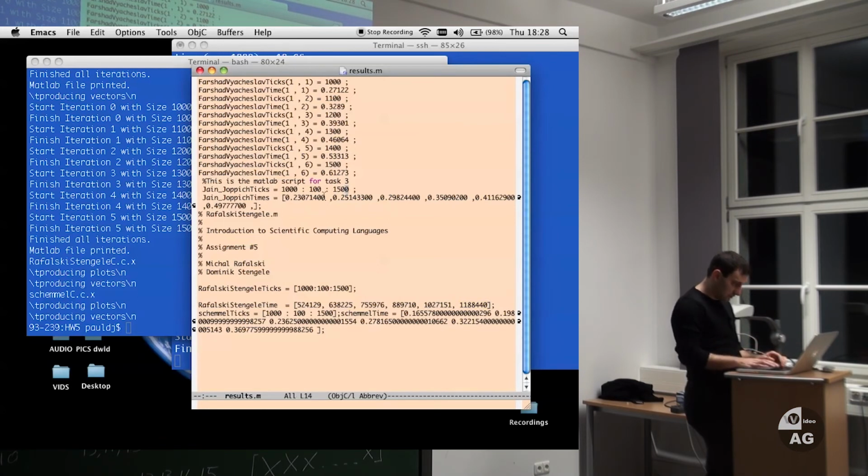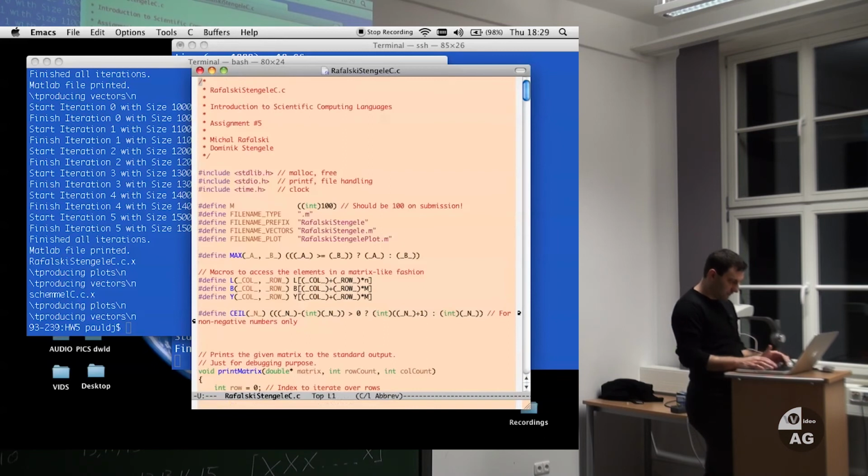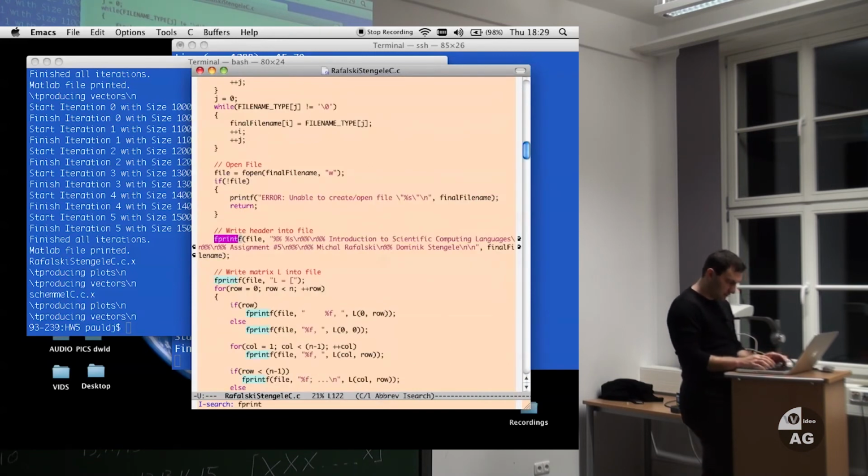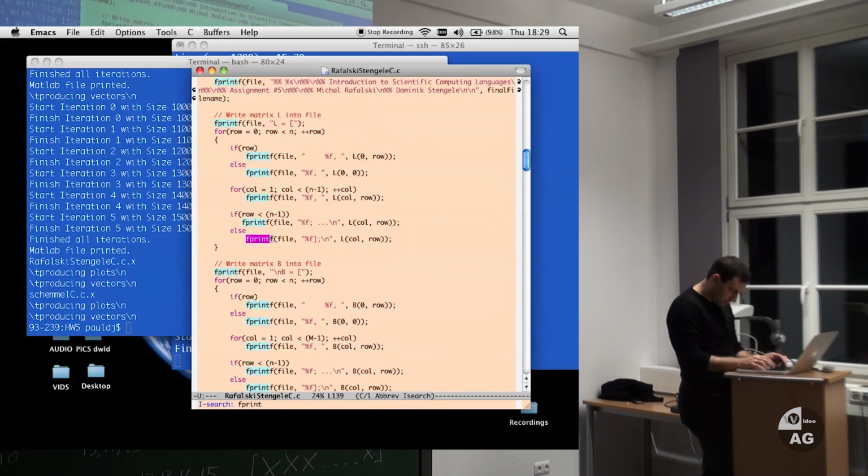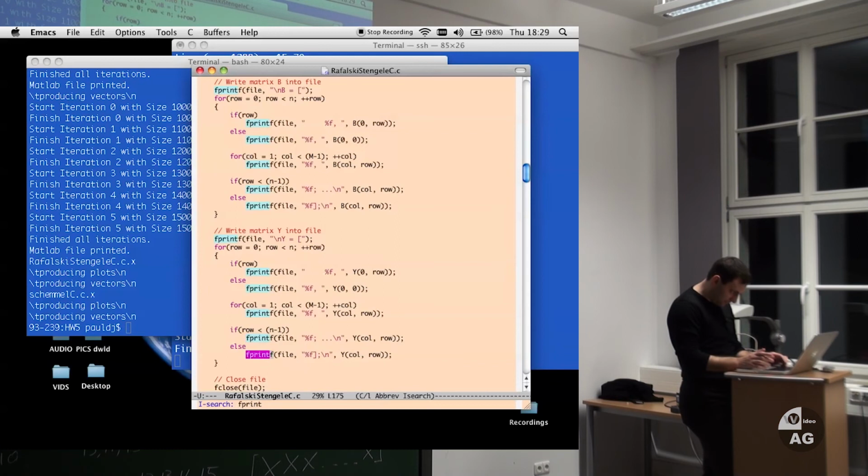That's the thing. I think it's CLOCKS_PER_SEC. Okay. If you're not sure what the define is, you would just open one of those that do the same thing. Where is it? Not here. Not here. Yeah, no. But where is the printf?